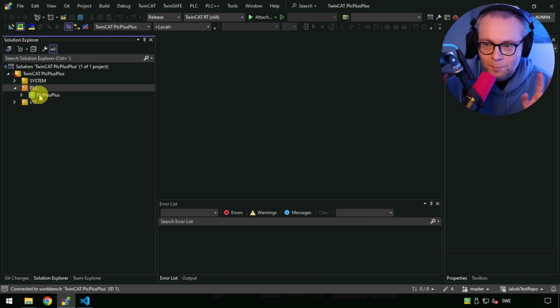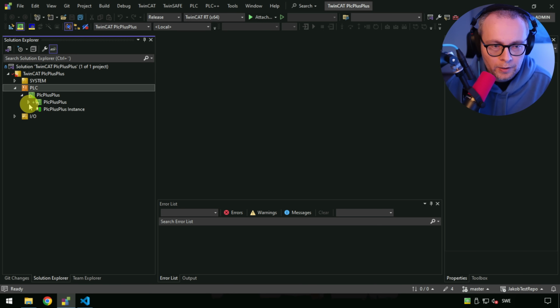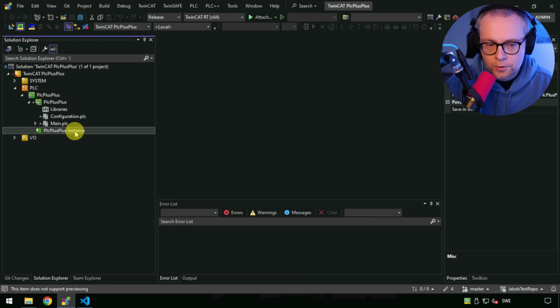So PLC++ is not a completely new development environment, which I speculated in the beginning that it might be, something that's based on VS Code. It's just another node available in the traditional Visual Studio based development environment from Beckhoff. So what does the PLC++ node look like? If you go in here, you still have the instance like you have in the traditional PLC, the classical PLC. That is, if you compile something with in and out variables, that's going to pop up here,